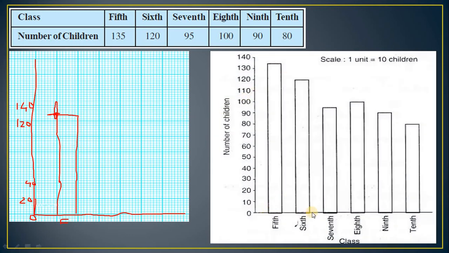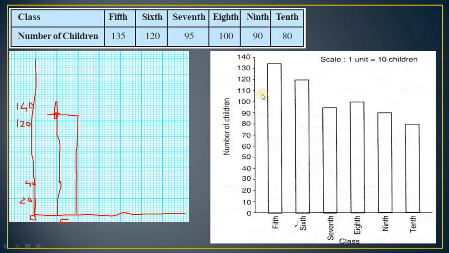Here at the bottom we have the x-axis, and this is the y-axis, and this is 135. It is exactly in between 130 and 140. If you draw on graph paper, then you can clearly observe the value. On plain paper it is very difficult to clearly identify the value. You can clearly identify middle values or particular values, but in-between values are difficult. So if you draw on graph paper, you can clearly identify each and every value. So 1 unit equals 10 here. You can also take 1 unit equal to 20 children.